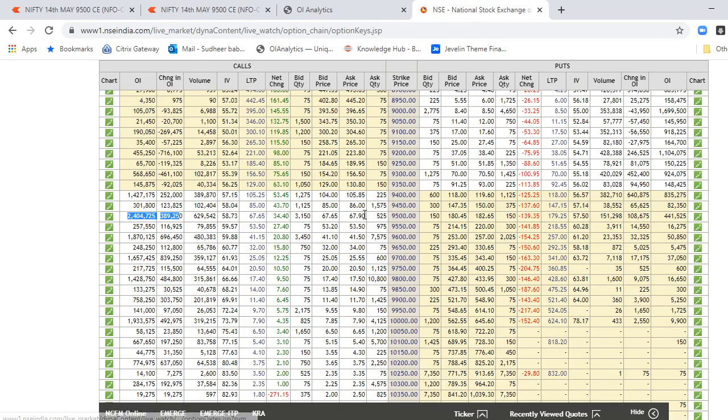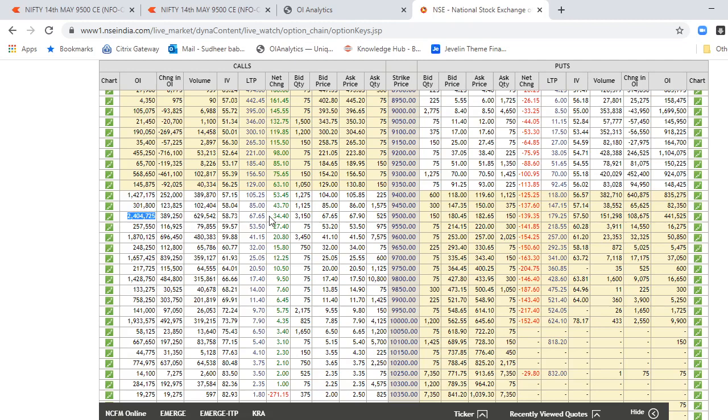So in the 9500 call, we have a total outstanding open interest of 2.4 million. That is 2.404 million. And on the put side, we have just about 441,000. Even on the 9400 strike, we have about 1.4 million on the call side and only 800,000 on the put side. So only the 9300 strike looks to be the good support on the put side open interest. But let's see how we have come to this 2.4 million,